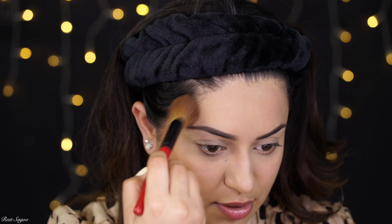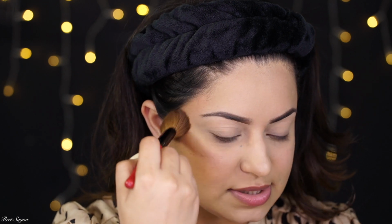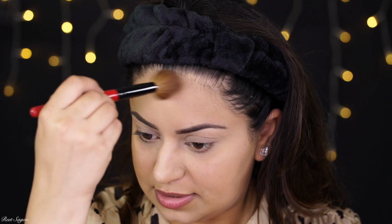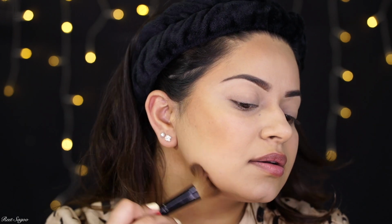And then I'm also going to go into my hairline just to make sure that it looks flawless. And then a little bit on my forehead. And then I'm also going to go on my jawline just to give it more dimension. Now as you can see, this side of my face is more uplifted, so we're gonna do the same thing